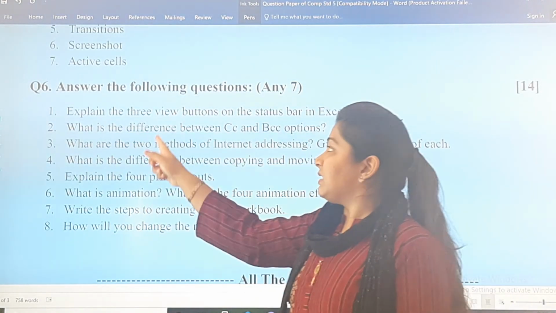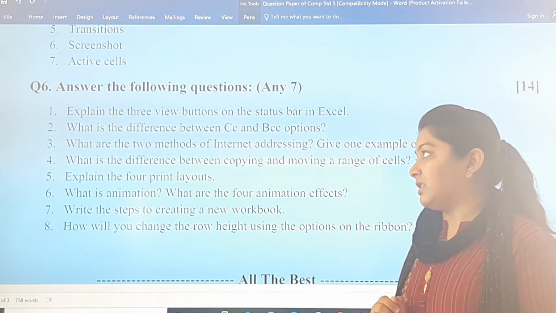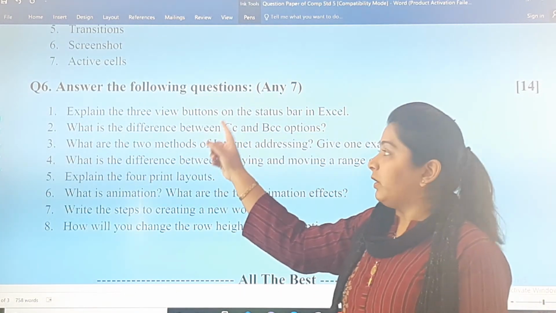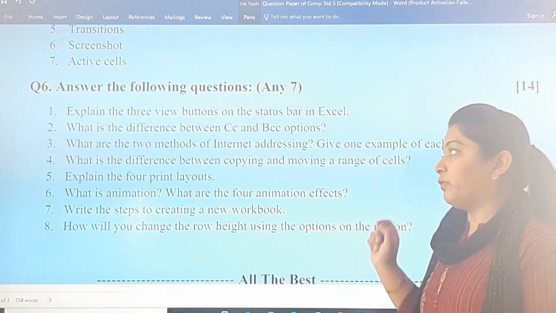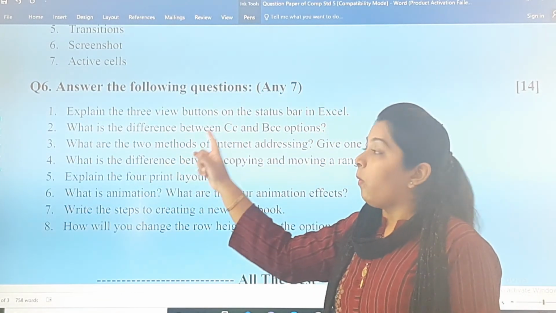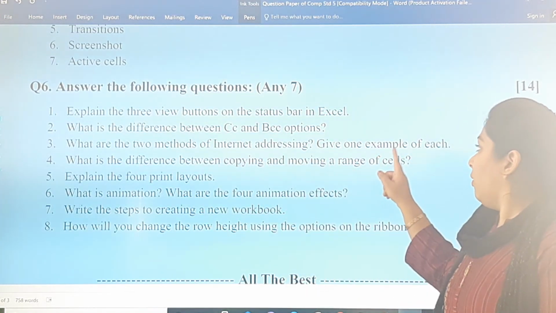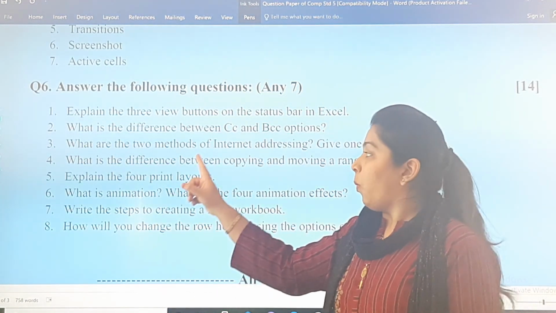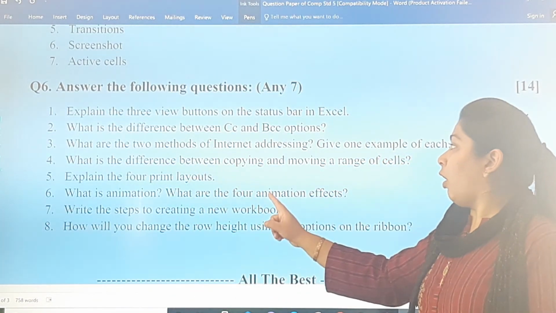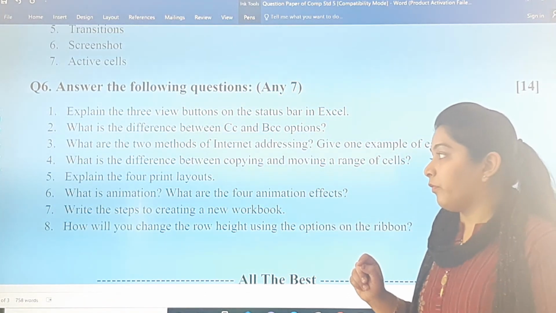First one, explain the 3 view buttons on the status bar in Excel. Second, what is the difference between CC and BCC options? Third, what are the 2 methods of internet addressing? Give one example of each. Fourth, what is the difference between copying and moving a range of cells?